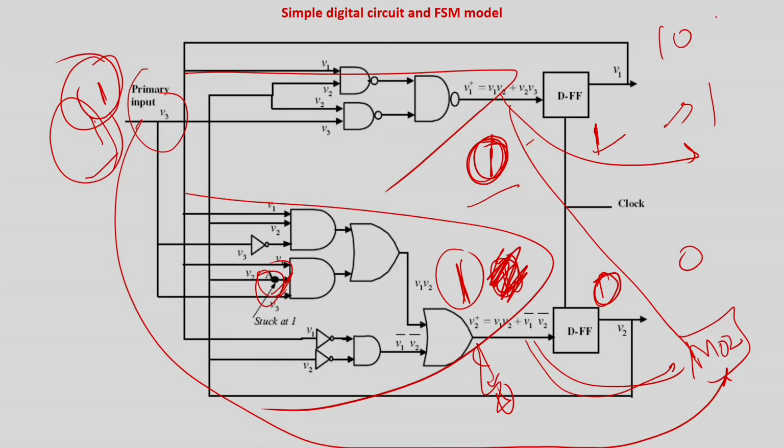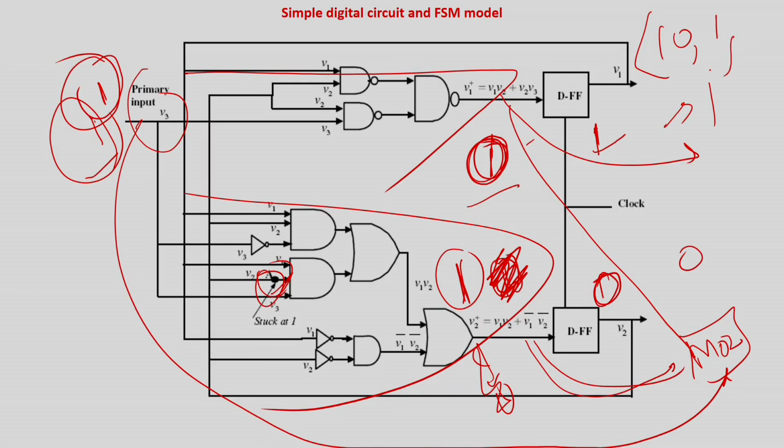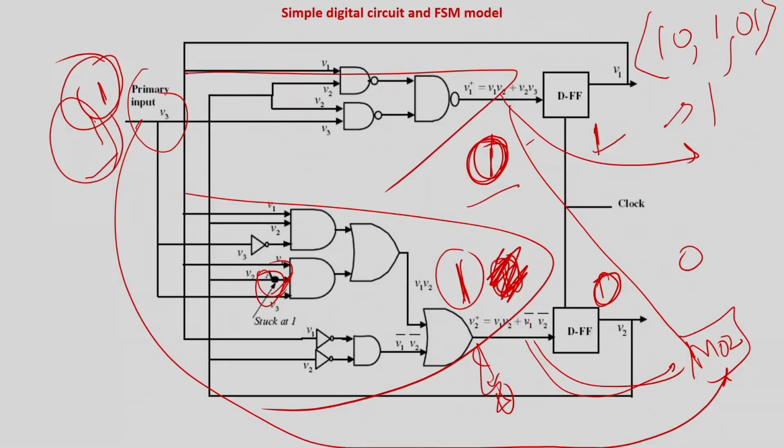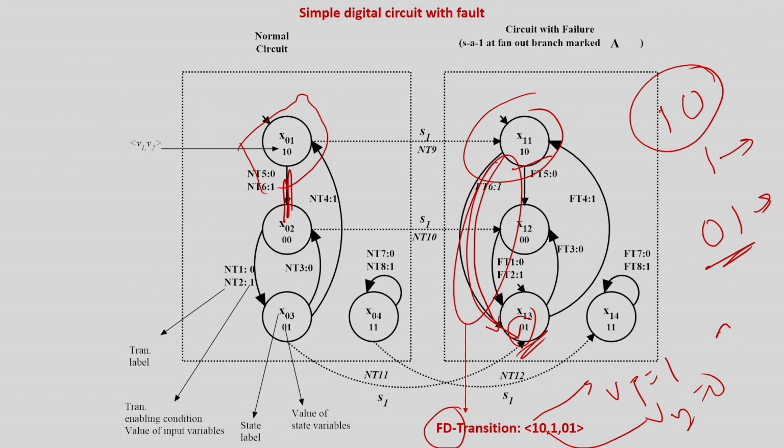So 1, 0, 1. This is the FD transition, initial part, error detecting part, that will be told to you by the BDD, but what is the output in case of an error, that is actually 0, 1, will be found out by simulating the circuit. Circuit simulation is very, very simple complexity. You need not at all bring the FSM into picture, but very easily you can find out the equivalence. You can see 1, 0, apply a 1, the fault case is 0, 1. So this is the same thing I can find out without applying the finite state machine.